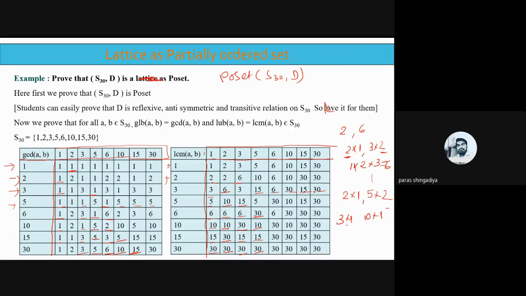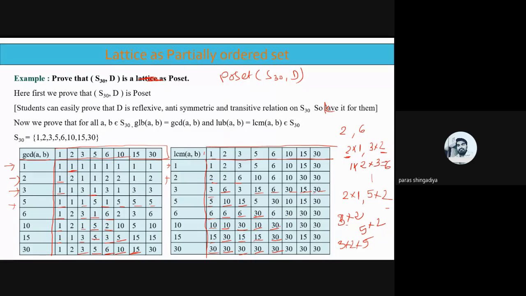And then after that, number 6, so the LCM of 6 with 6 will be 6. Then after that, 6 with 10, the LCM. Okay, 6 and 10 have a common factor 2. 6 will be written as 3 into 2 and 10 is written as 5 into 2. Okay, so what will the LCM be? 3 into 2 into 5. Clear? 3 into 2 into 5. Therefore the LCM of 6 and 10 will be 30. Clear? 5 into 2 into 3, that is 30. So the answer is 30. Then after that, the LCM of 6 and 15 will be 30. The LCM of 6 and 30 will be 30. Okay. So use it here: 30, 30 and 30.